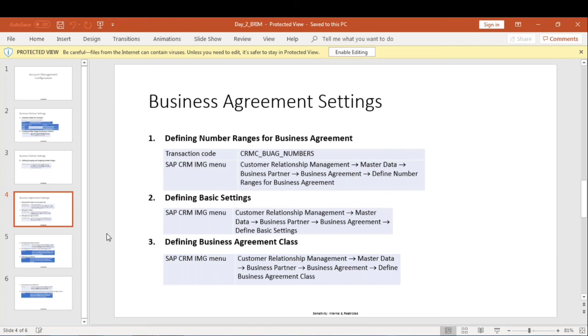Madam, is CRM knowledge required in BRIM? Yes, CRM knowledge is required because the ordering, contract creation and product creation happen in the CRM system. These things won't happen in the ECC. ECC doesn't know this rate plan product. It just knows the sales product. So we need the knowledge of CRM.